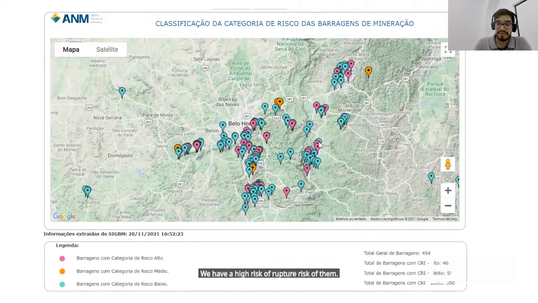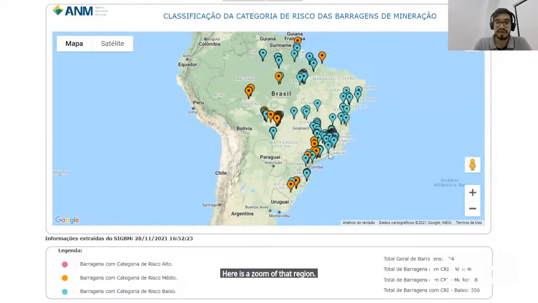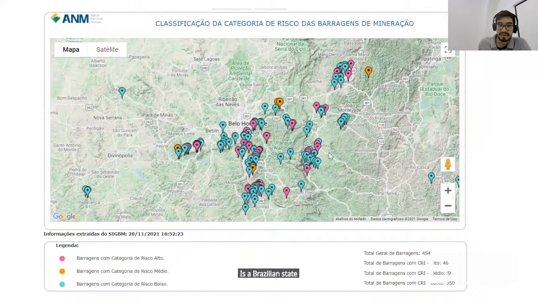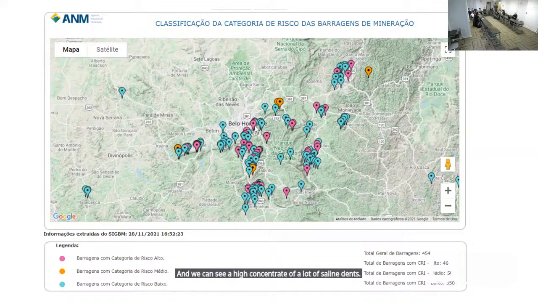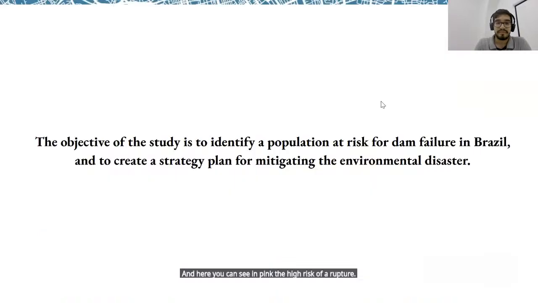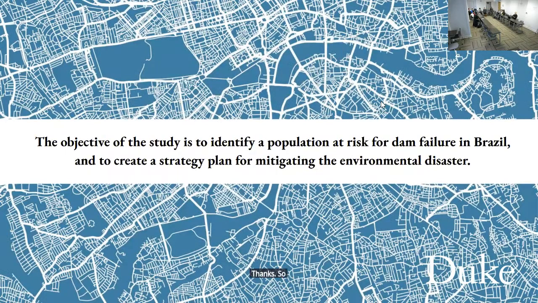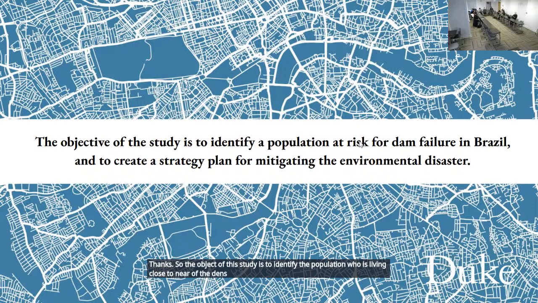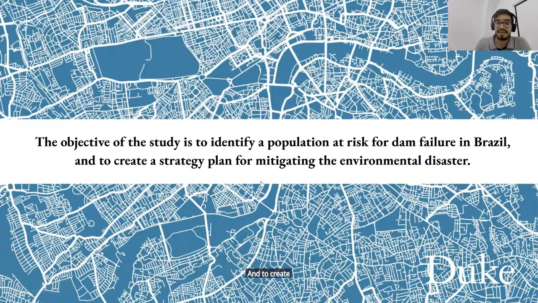Here is a zoom of that region in a state we call Minas Gerais. It's a Brazilian state close to São Paulo, and we can see a high concentration of a lot of tailing dams. And here we can see in pink the high risk of rupture dams. So the objective of this study is to identify the population who is living near the dams and who are at risk for dam failure in Brazil, and to create a strategy plan for mitigation of the environmental